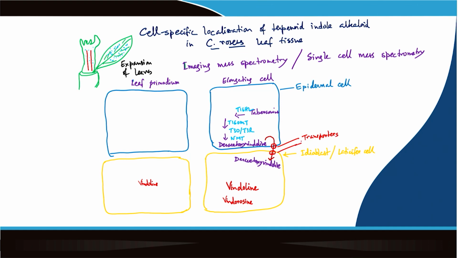Which are not yet characterized, and so this is very important. And then subsequently, by the action of which I have said many times, D4H and D8 it makes. Similarly, through another pathway from tabersonine,